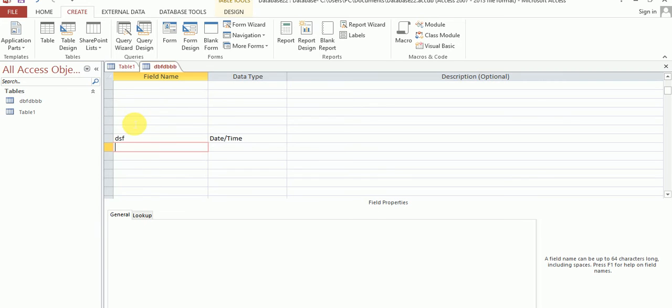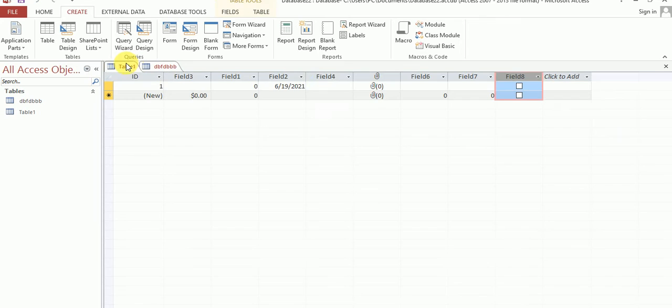Or you can also call a field a row, because this one type is called a row and this one type is called a column. But this is called a field in MS Access, though you can also call it a row. But in datasheet view you can call it a column. Okay,